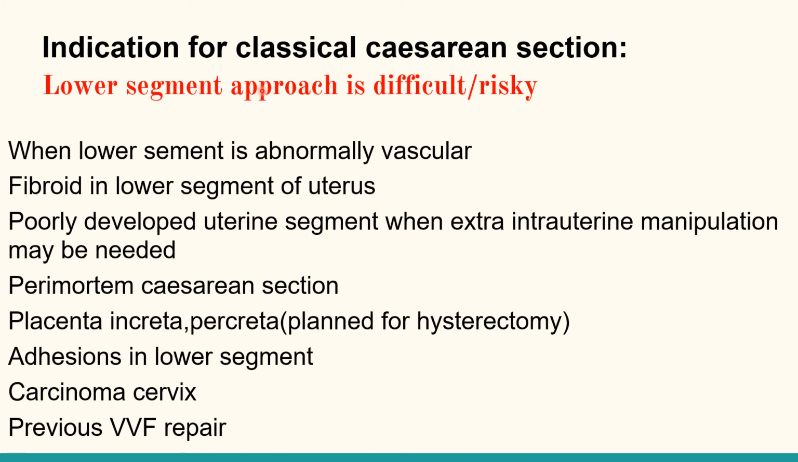So what are the indications for classical caesarean section? It is done where the lower segment approach is difficult or risky. So what are those conditions? When the lower segment is abnormally vascular, if there is a fibroid in the lower segment of the uterus, if the lower segment is poorly developed, that is in the case of preterm fetuses, or when extrauterine manipulation may be